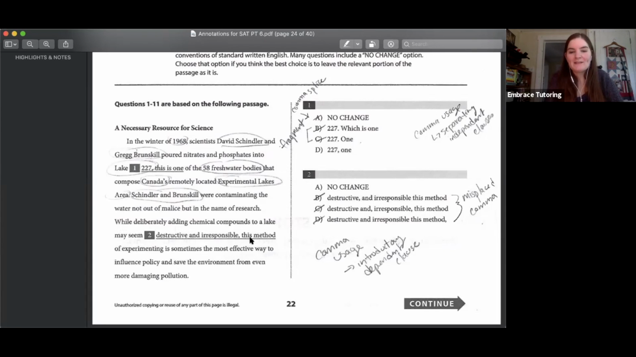our main sentence being, this method of experimenting is, so this method is sometimes the most effective way to influence policy and save the environment from more damaging pollution. That's our main clause here. That is our main sentence. So the additional information that's being provided